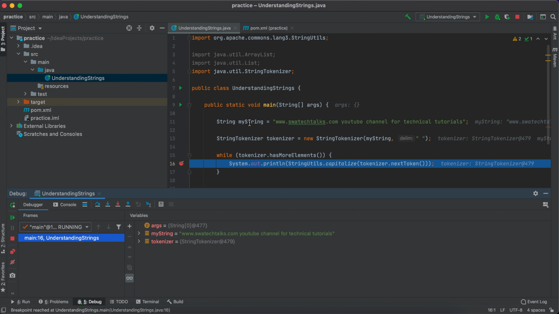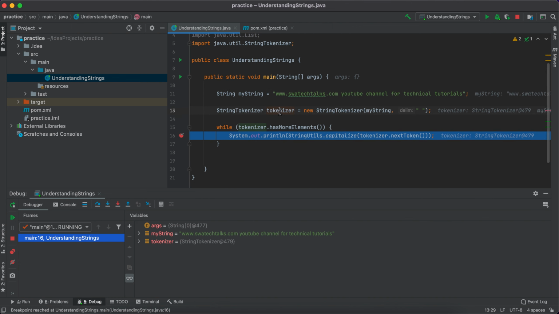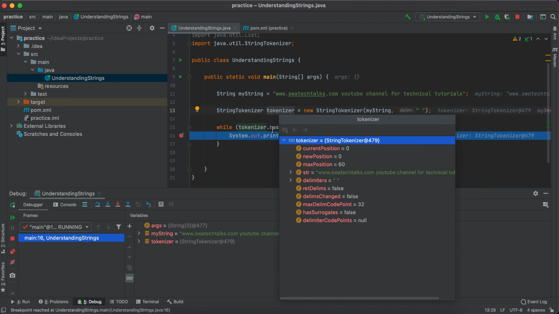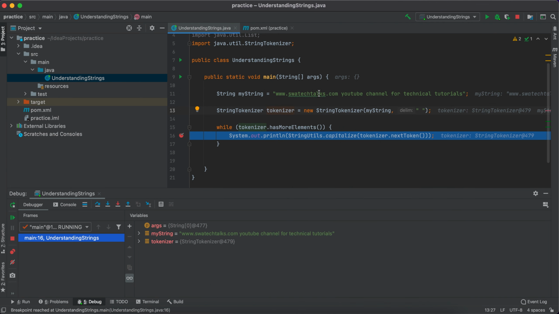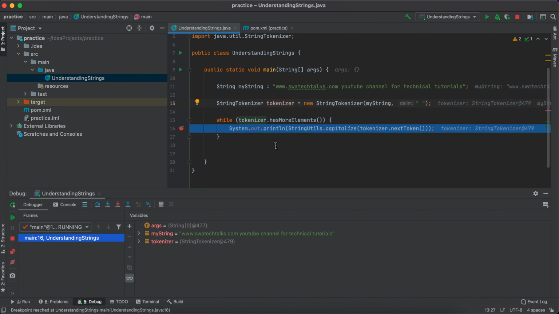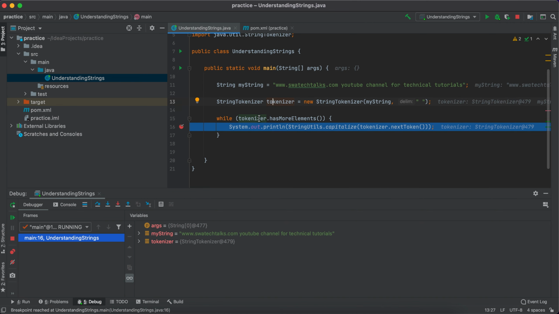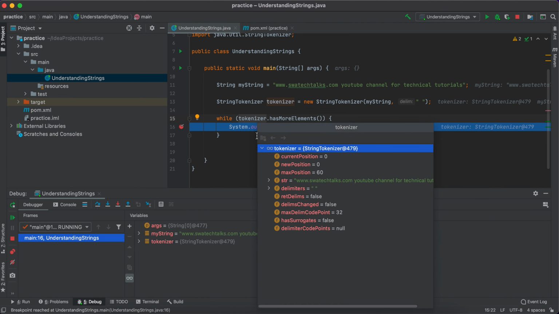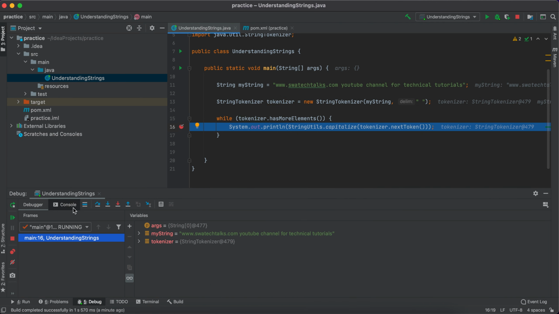So this is my string. It has this particular string: www.swatektalks.com YouTube channel for technical tutorials. Then it has applied this particular tokenization. It has tokenized my string variable by using the space. So as a result of this tokenization, it must have divided this entire string into 6 different independent strings. And if you see the tokenizer's current element, in the console,